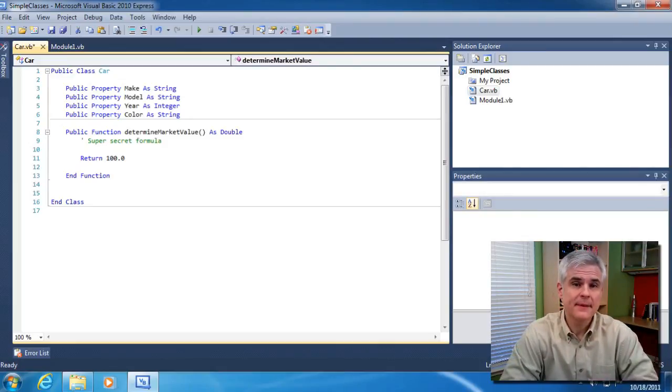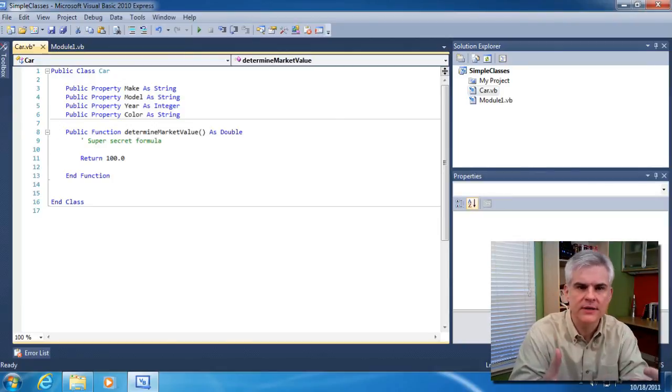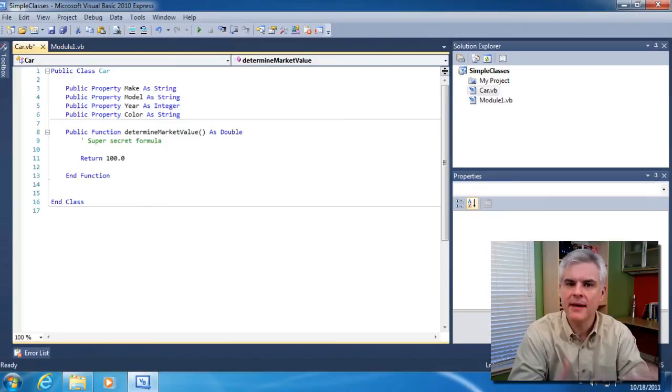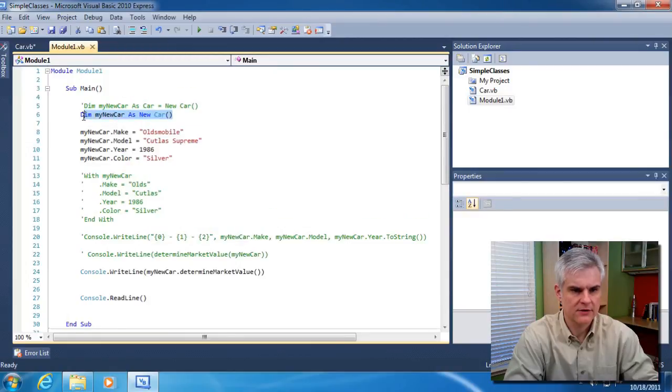Okay, so to recap, a class is a data type in .NET, similar to those basic data types that we've been using, like string and integer. We also compared a class to a blueprint. You use a blueprint as the basis to create instances of a given thing, instances of the class. You define a class by defining its properties and its methods. You create instances of the class, and those instances are called objects. You create them using the new keyword, like we did right here. Okay? And there's still quite a bit to say about classes, but we'll